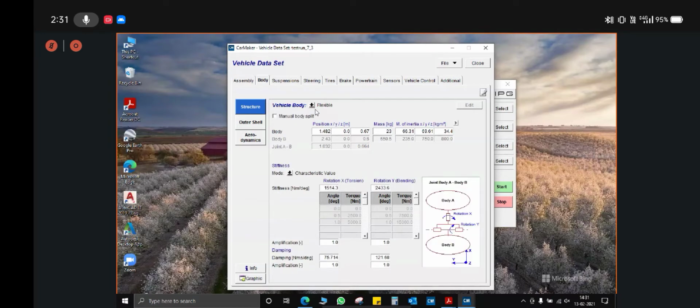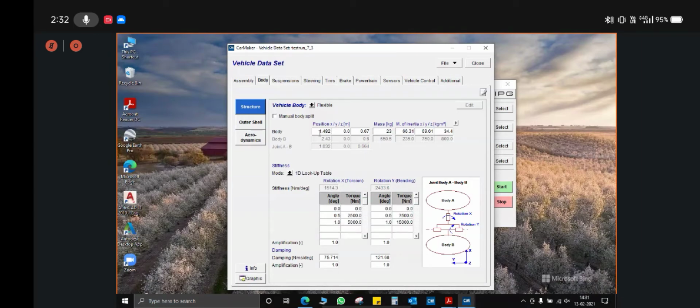If I select a flexible vehicle body, the teams which have the values for the torsional and bending stiffness can go on and select the flexible vehicle body. This completely depends on the teams, depending on the values that they have. So here you can define two things, characteristic value or 1D lookup table.